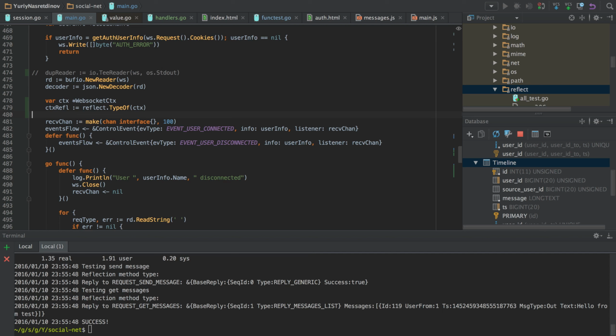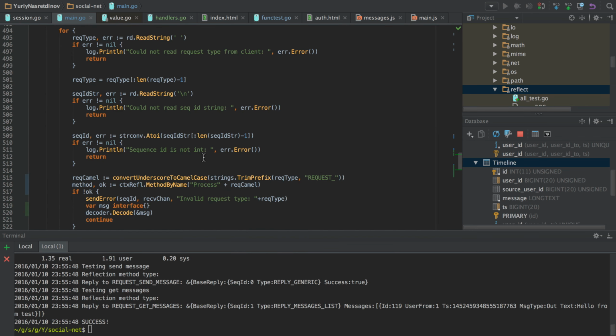The first thing that I did incorrectly is to call the element method. The element method removes one star from the type. So when we created a context reflection, we got the WebSocket context type instead of star WebSocket context, because we called element, and of course we didn't need to do this in this case.